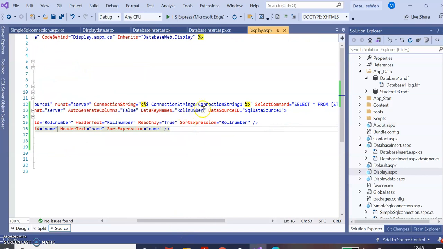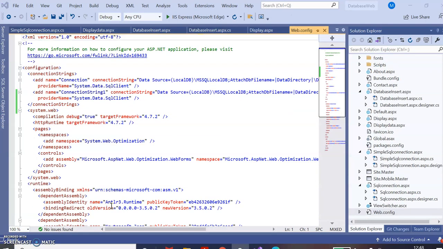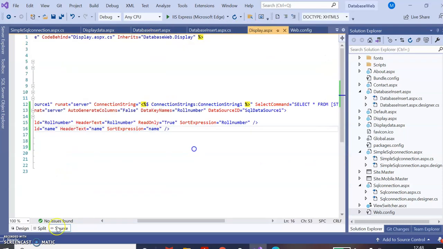And the connection string, it is connection string 1, which has been configured with the help of this SQL data source. Let's go to the source part. You can see here the connection string is connection string 1.